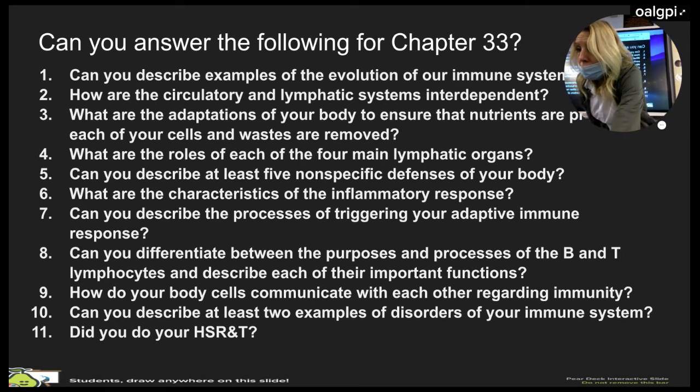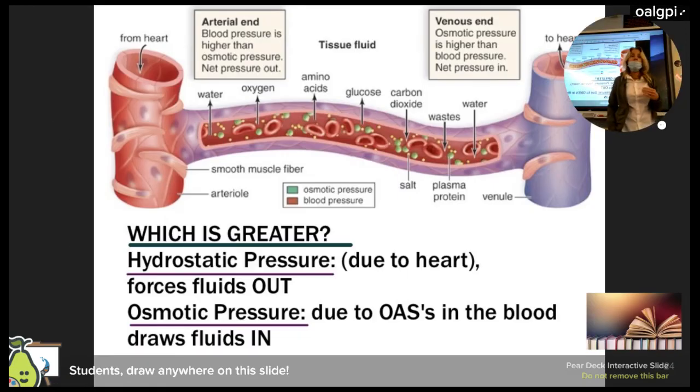Let's keep going. You really cannot talk about the immune system and how it functions without having a basic understanding of the circulatory system. And we've already talked about that a little bit because we've talked about how all exchange takes place at the capillaries. And the key thing about the capillaries that we focused on are the two opposing pressures. Think for a minute. Got them in your head? So what kind of vessel are you in when you approach a capillary bed? You're coming into it.